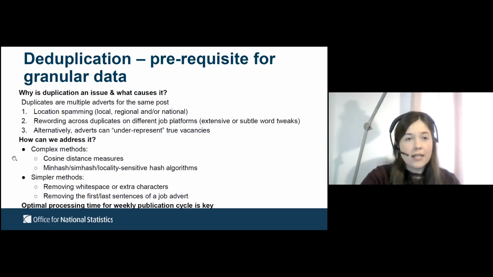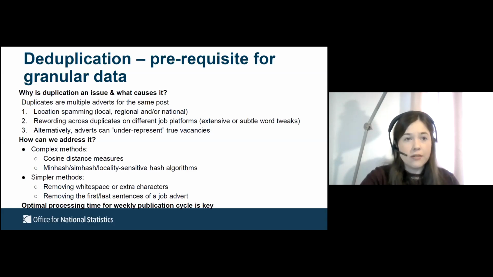So in terms of addressing this issue, we at the beginning started to consider very complex methods, looking at things like cosine distance measures and a number of different algorithms. And we found that these were very computationally expensive for us. So we then considered some much simpler methods which just involve some basic data cleaning, and found that these basic steps, such as removing white space or the last sentence of an advert, can result in the identification of a